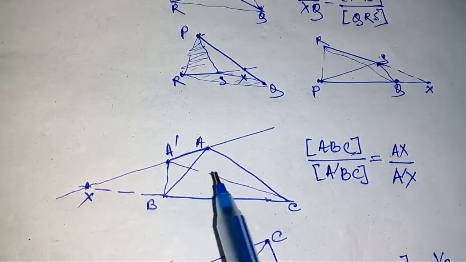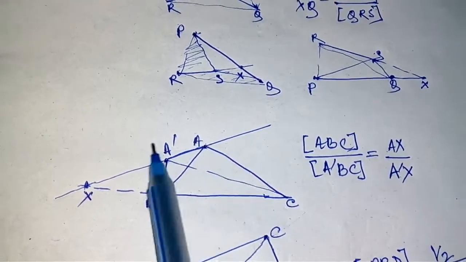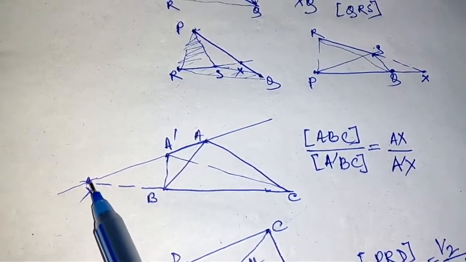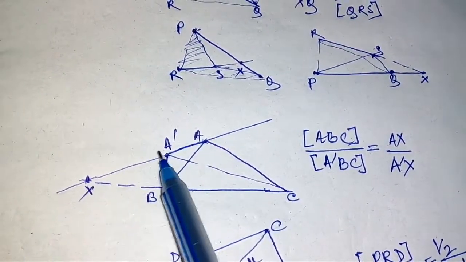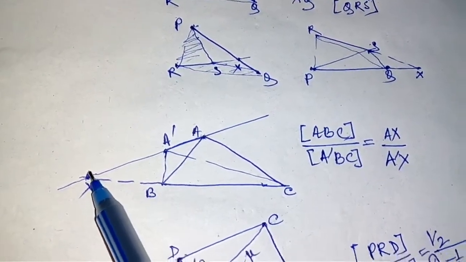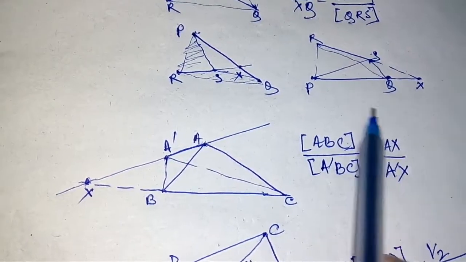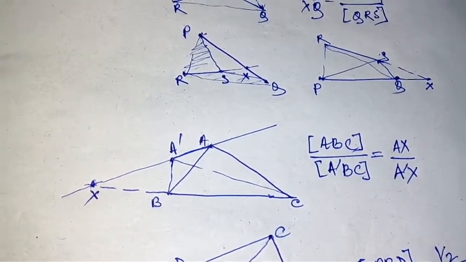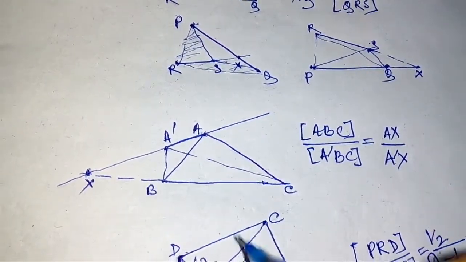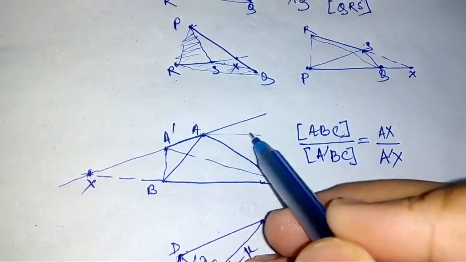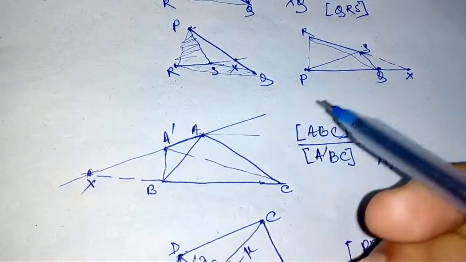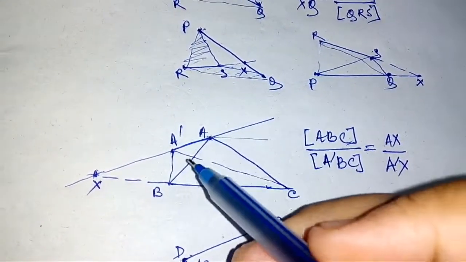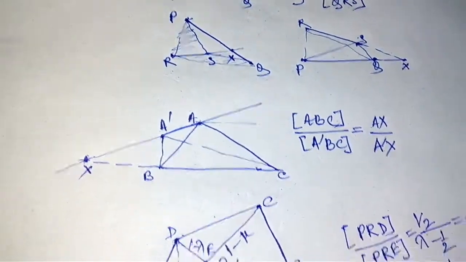Now it is a very important theorem. For example, if this line is parallel to BC, everyone knows the area will be equal, because we will have no such point X. Both AX and A'X will tend to infinity, and then we cannot directly calculate with this formula. We have to calculate by comparing the heights, and the height ratio will obviously come out equal. So that is why both triangles will be equal in area when we slide along a line parallel to the base. But if we do not slide along a parallel line, we have to use this relation.